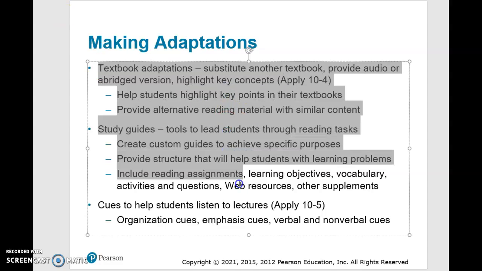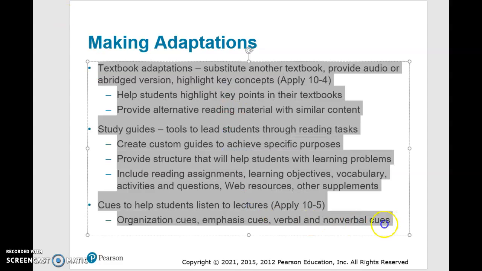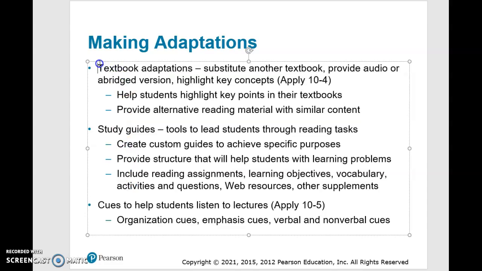They're going to highlight the entire thing, right? And not everything is important. So you want to teach them, hey, here's what you might want to highlight. Here's what you can not highlight. And then you could also provide alternative reading material if needed with similar content, kind of making that accommodation for